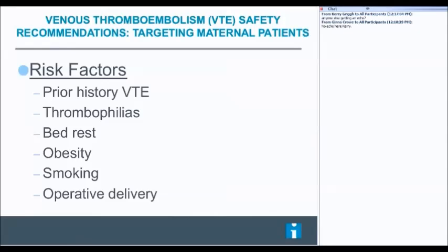Risk factors are important, and this gets down to our evaluation piece. Prior history of venous thromboembolic disease is quite important. We need to be quite aggressive and appropriate. We need to use a checklist or something that gets us to the heart of the history and getting this history from patients because of the substantially increased risk associated with this prior history. Of course, the different thrombophilias, I know the data is confusing, but generally the 3 main thrombophilias need to be evaluated on a family basis as well as an individual basis, particularly if they have a history of venous thromboembolism. Of course, other issues increase risk about 2 to 4-fold roughly: bed rest, obesity, smoking is on the list,